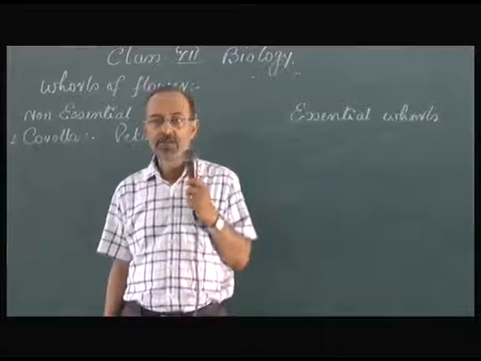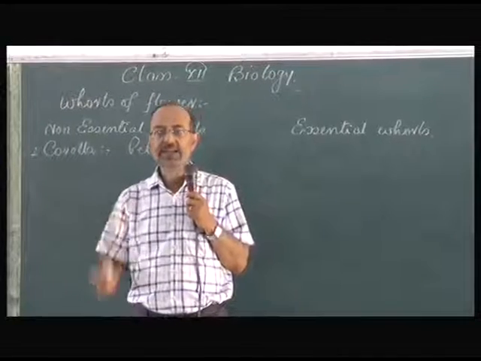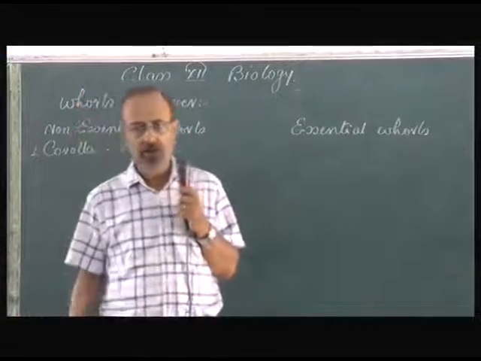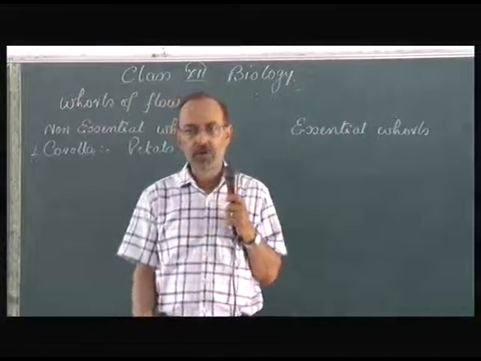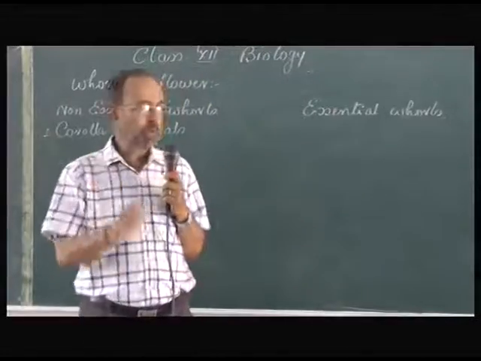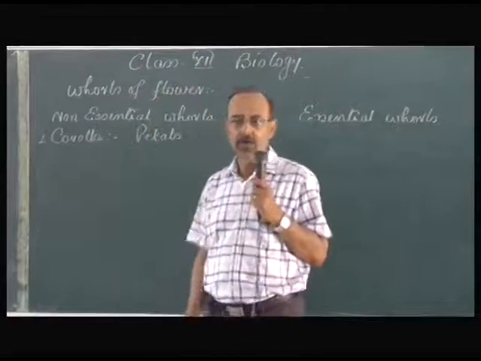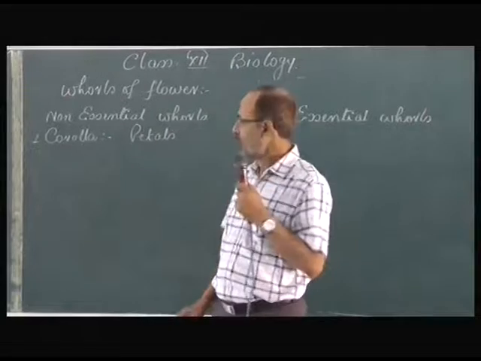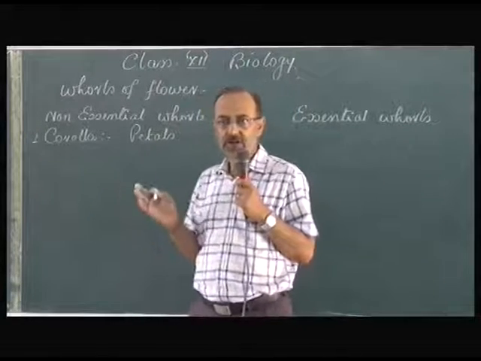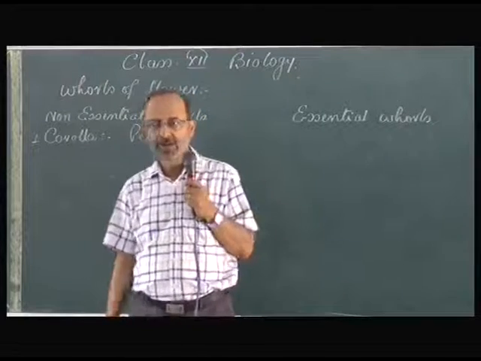What is this essential process? If they are colored, clear, they attract the insect or other pollinating vector to carry out or help in carrying out the process of pollination. So normally in most of the flowers, this is the most attractive and colorful part of the flower, and it is normally large in shape so that it can easily attract the pollinating vector.